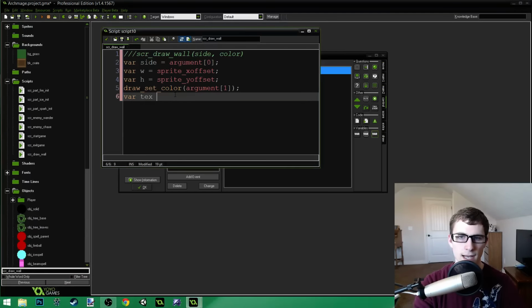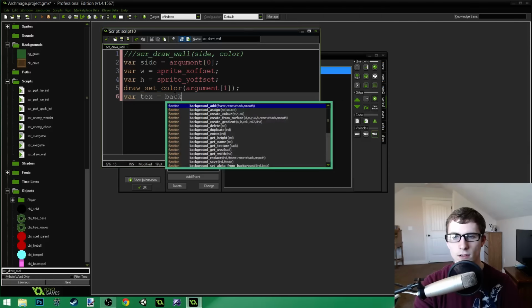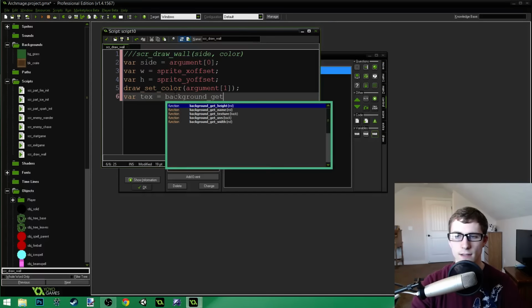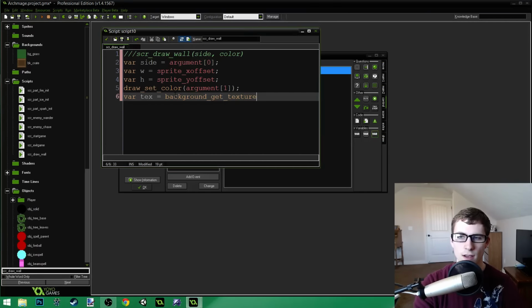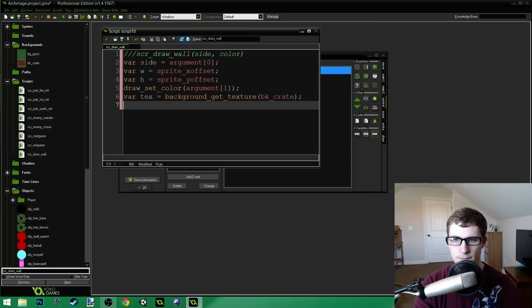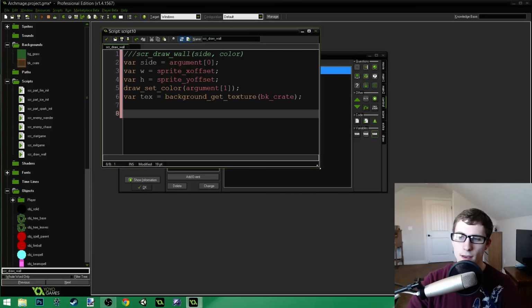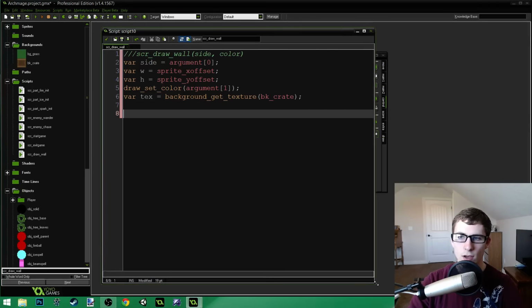So var text equals background get texture, and it's going to be bk crate like this. Sweet. Now that you have that,